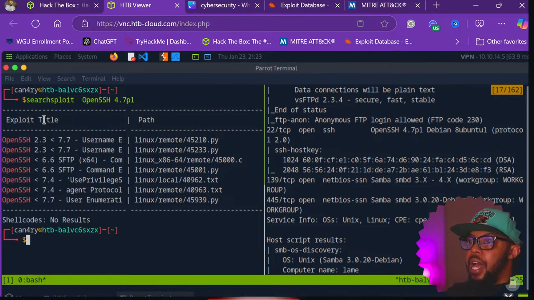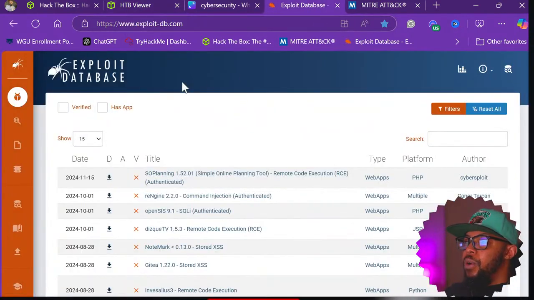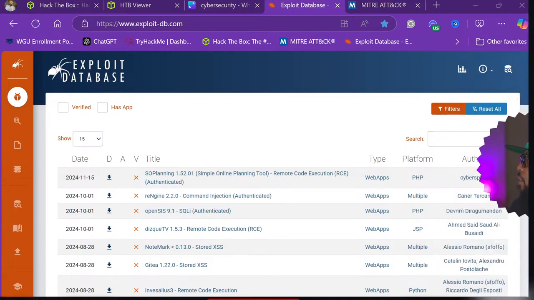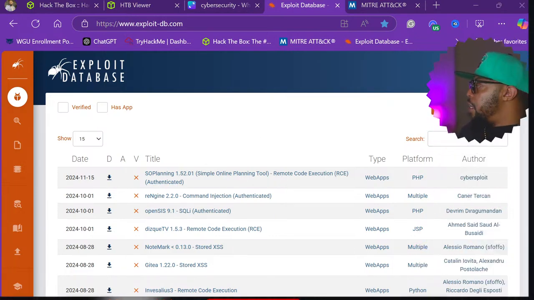And I like to triple verify by going into something called DB, Exploit Database. This ties up towards Metasploit, where it shows a lot of the